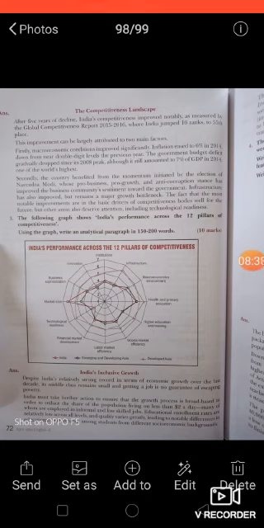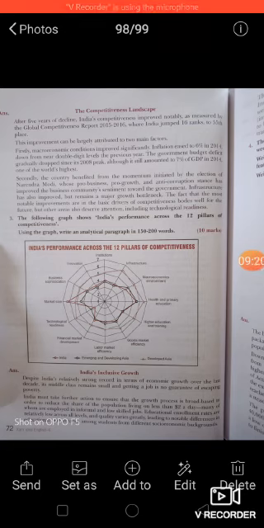Now, at first, what is going on? After 5 years of decline, India's competitiveness improved notably as measured by the Global Competitiveness Report 2015-16, where India jumped 16 ranks to 55th place. This improvement can be largely attributed to two main factors. Yes students, how is it describing? Be honest and be careful while listening to this.